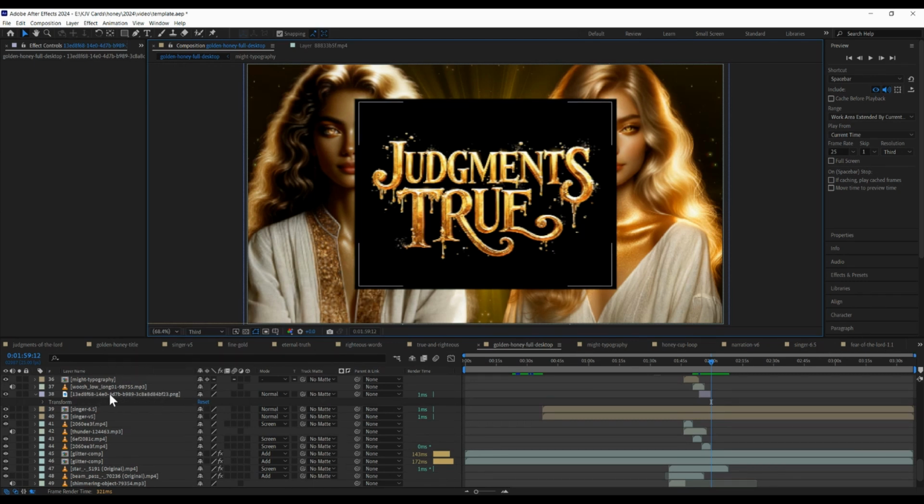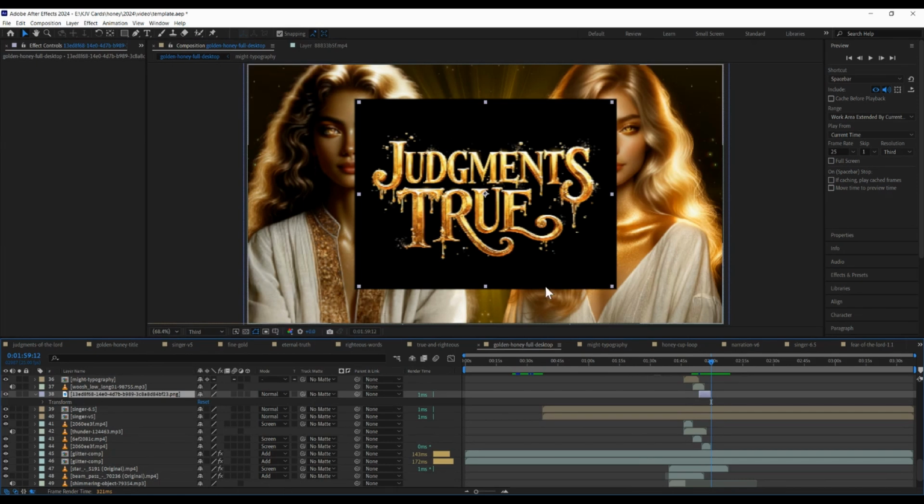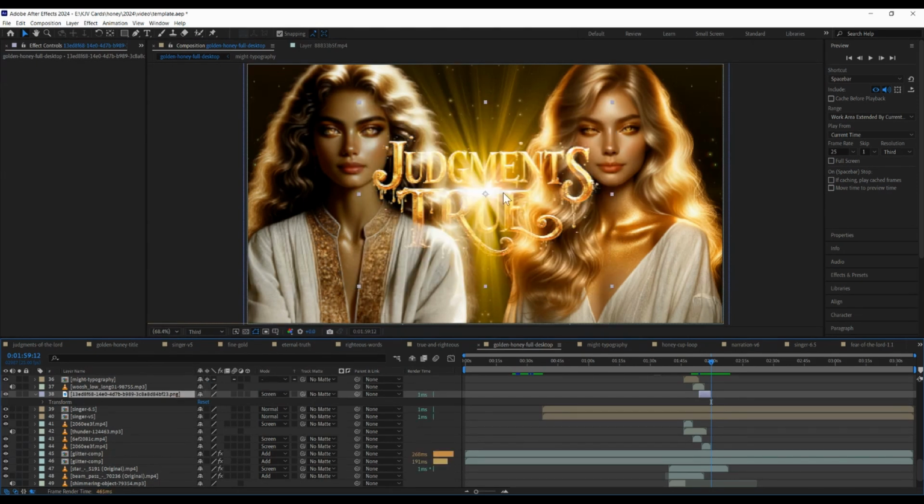other text features. So I wanted to demonstrate on a new text feature that I've already prepared here in After Effects. So here's my image for Judgment's True. Turn the blending mode here to screen, the window resolution preview on 1/3 resolution, and then over here I've also got the playback preview on 1/3. I also have it on skip 1 frame so that it plays back quickly and